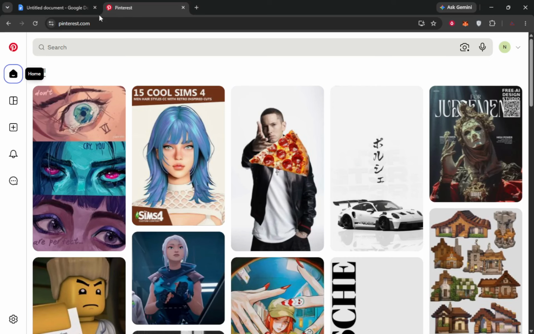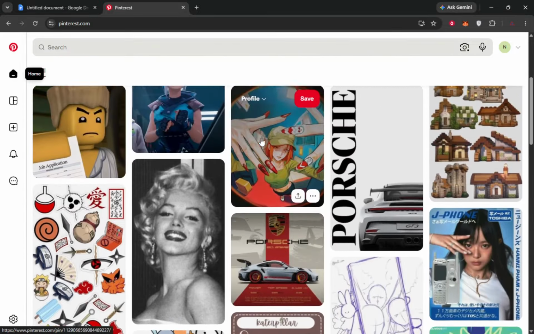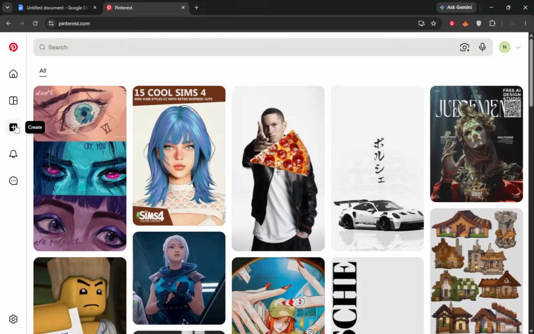First, open Pinterest and sign in. On your phone, you will see the home feed with lots of pins in a grid. On a computer, you will see a similar feed across the center of the screen. Make sure you are in the account where you actually want the wallpaper to live so you can find it later on your profile. Once you are signed in, tap or click Create.